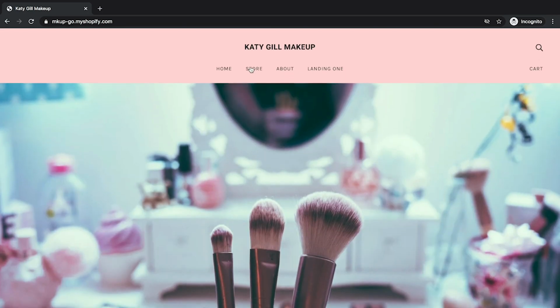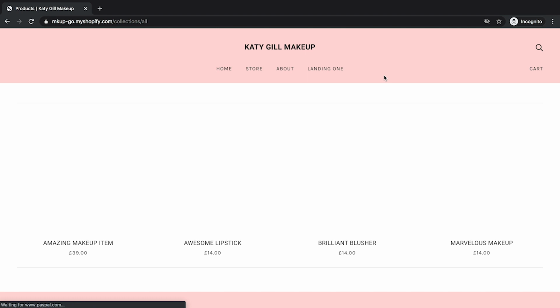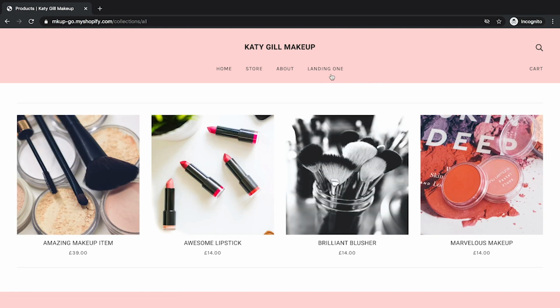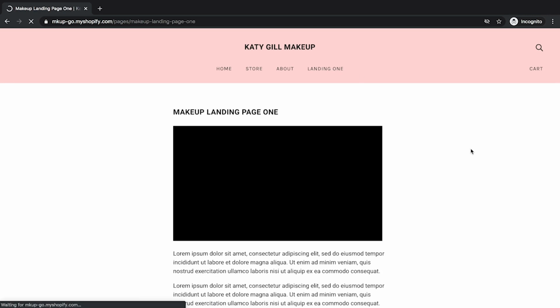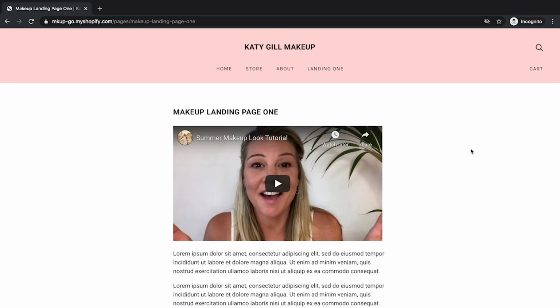Okay, so we can look through now on the store. This is how the store's looking. It looks great. There was what we call breadcrumbs, where you have like a sub-navigation on the side at the bottom here. It was looking a bit busy because there's only 4 products, so I removed that within the theme settings. We've got the about page. It's looking great. And we've got a landing page. There's going to be 4 landing pages, but we've got one as a template.